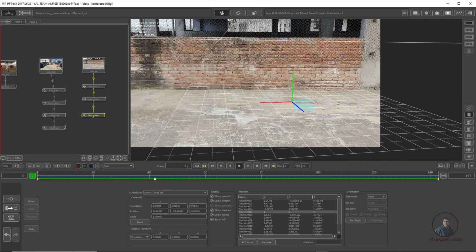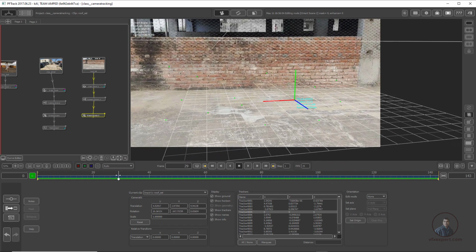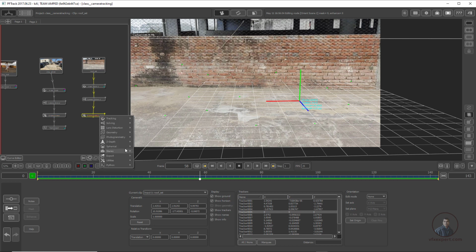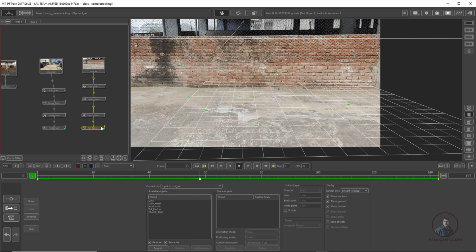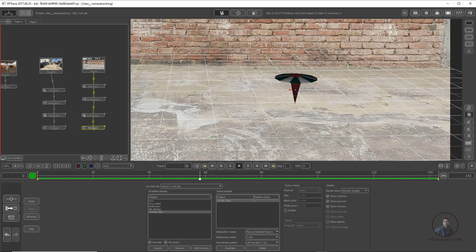Now if you want to test your scene, then you can take a test object. Right click here, simply click on geometry and click on test object. Then you can generate it from here. Simply click here on this tall marker, then simply uncheck this one, add to scene. Now you can see this one, because if you see here, the anchor point or center point is placed in our center because you have not unchecked this one.